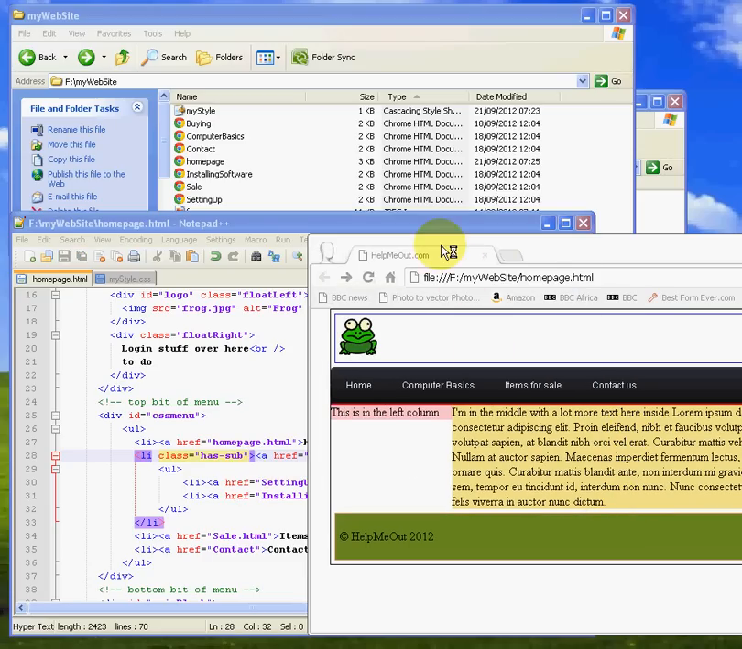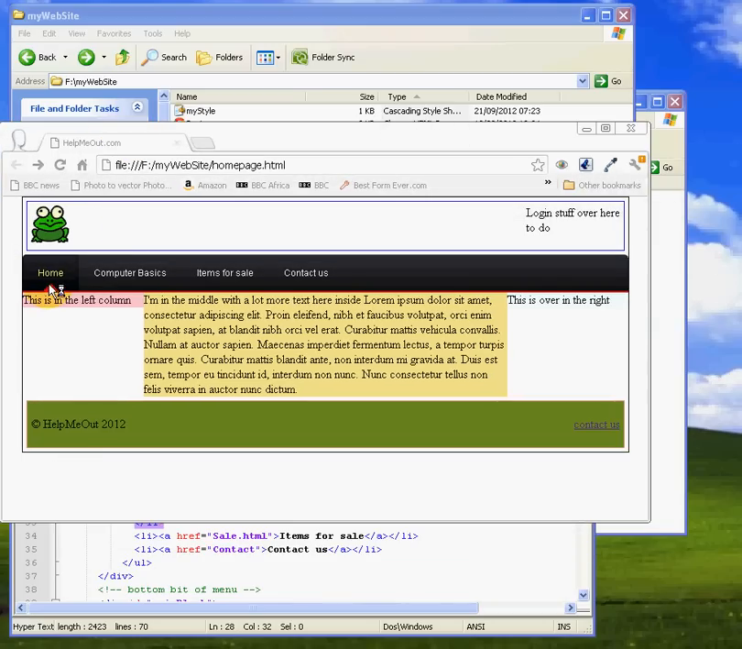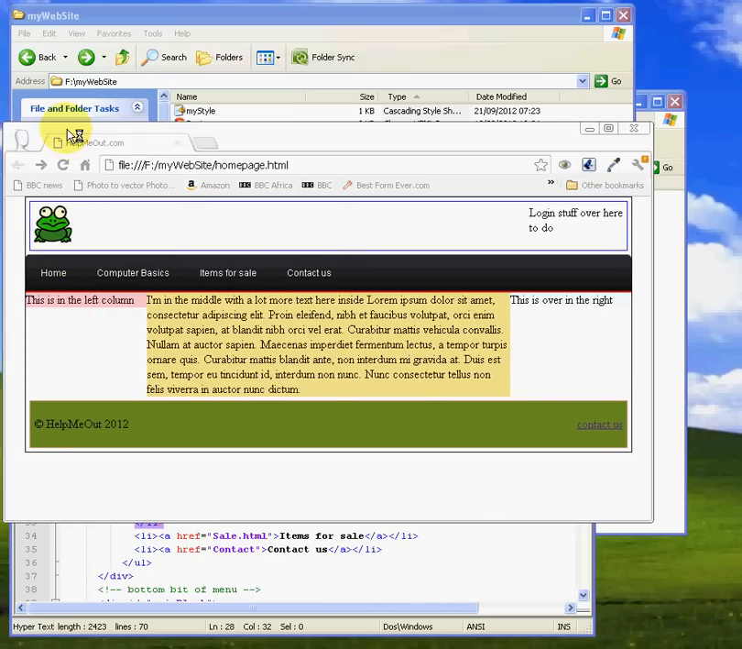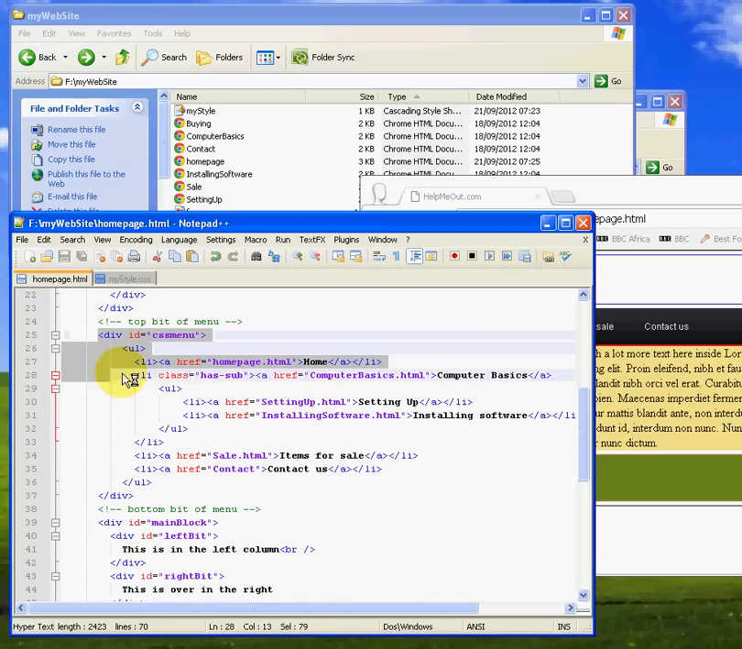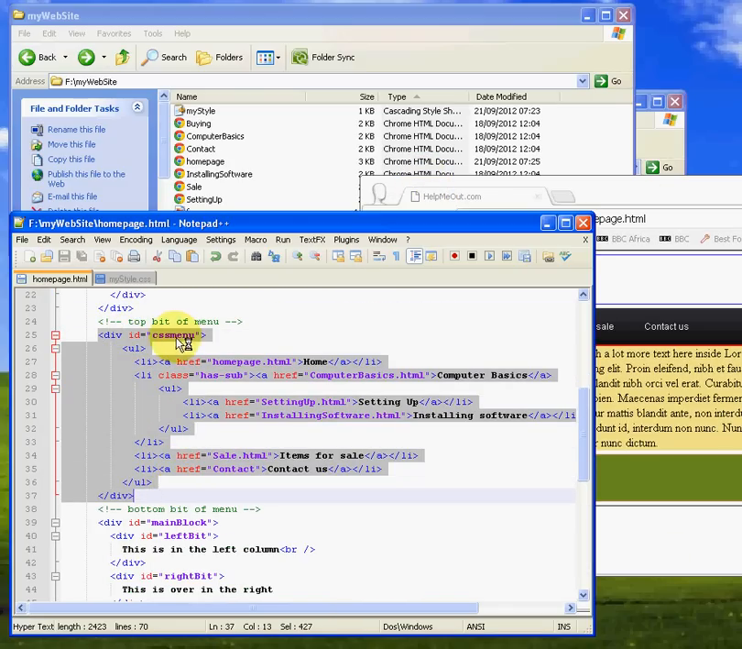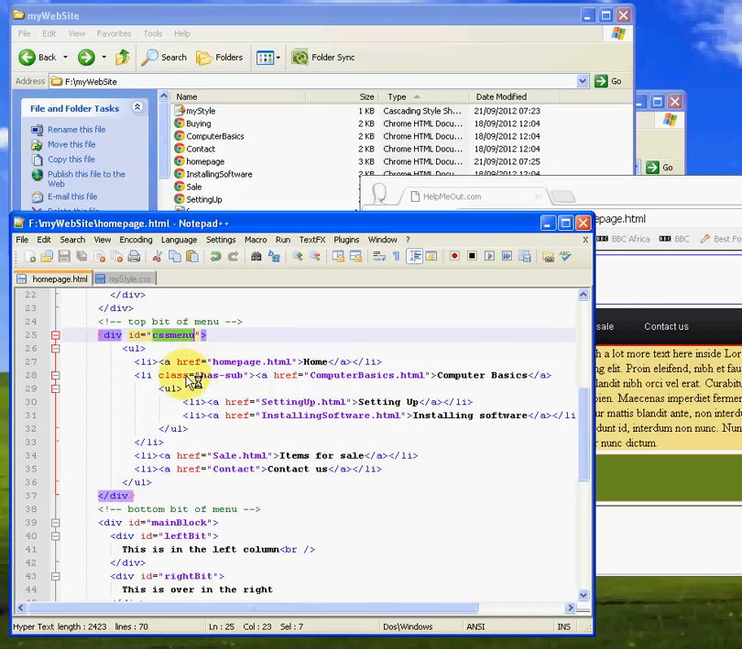So now if we go on here, home, computer basics, oh look at that, that's pretty flash. Items for sale. So there's my menu bar working, and that's one I stole from a website, and I've had to do virtually no work at all to get that incredibly professional looking menu. And if you look at the home page, there's very little extra work that we've had to do here. We've had to put in an ID of CSS menu, and then we put in this class statement if it has a